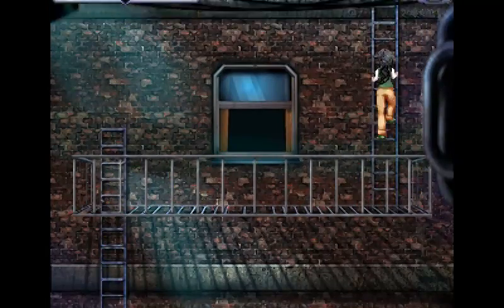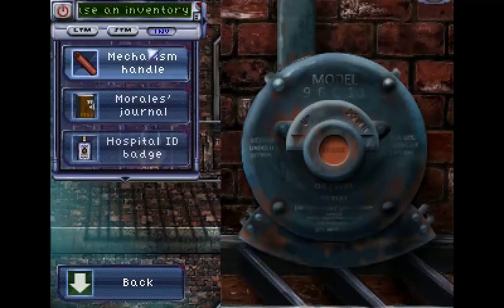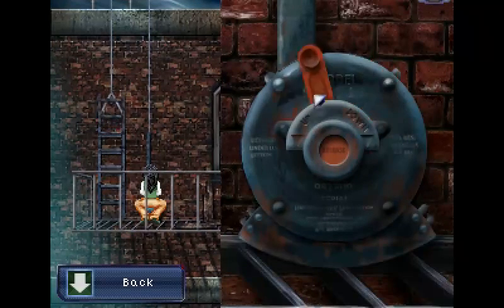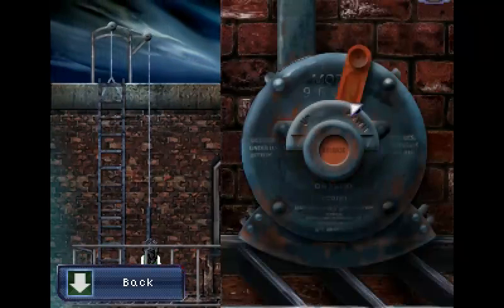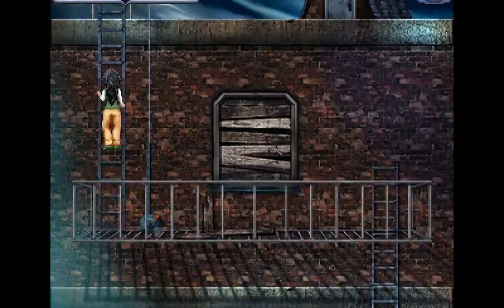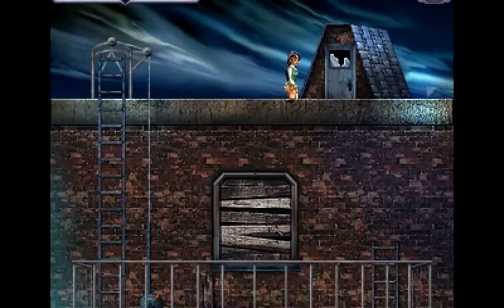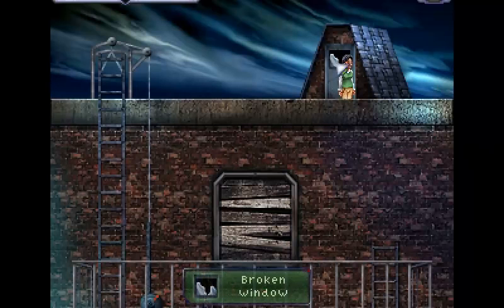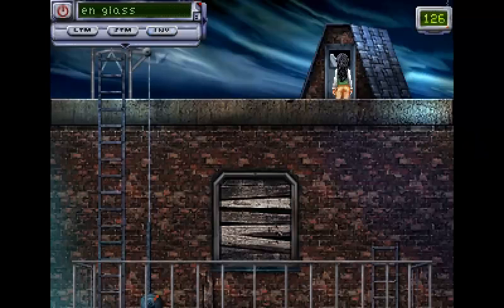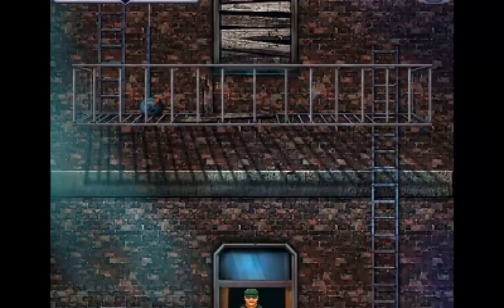Go. Inventory mechanism. Alright, wind it. Wind it. Really? Alright, go. Move. Actually, should I take the handle? I should take the handle, right? Okay, never mind. I'm not taking the handle. How can it be locked? Broken window. Inventory, broken window. The shard of glass is loose? What? Maybe I should have...